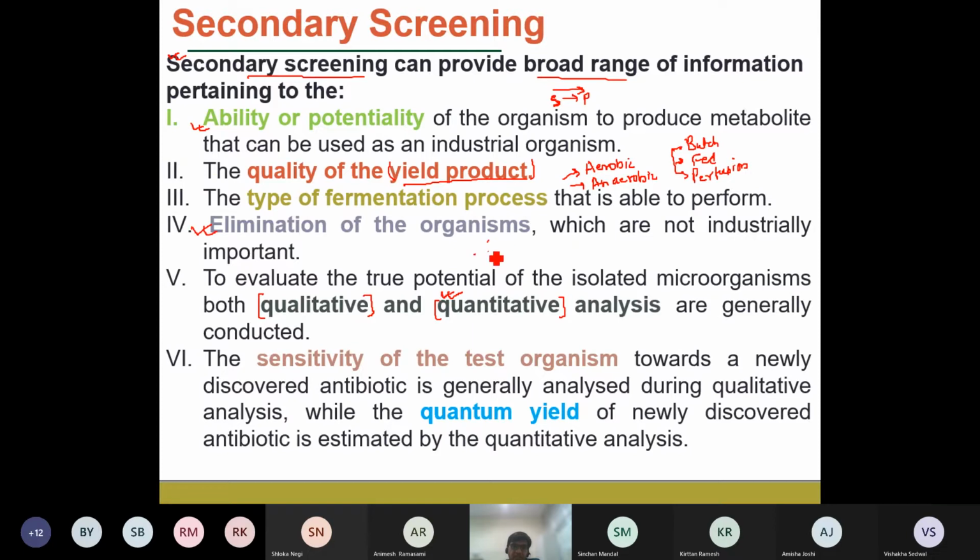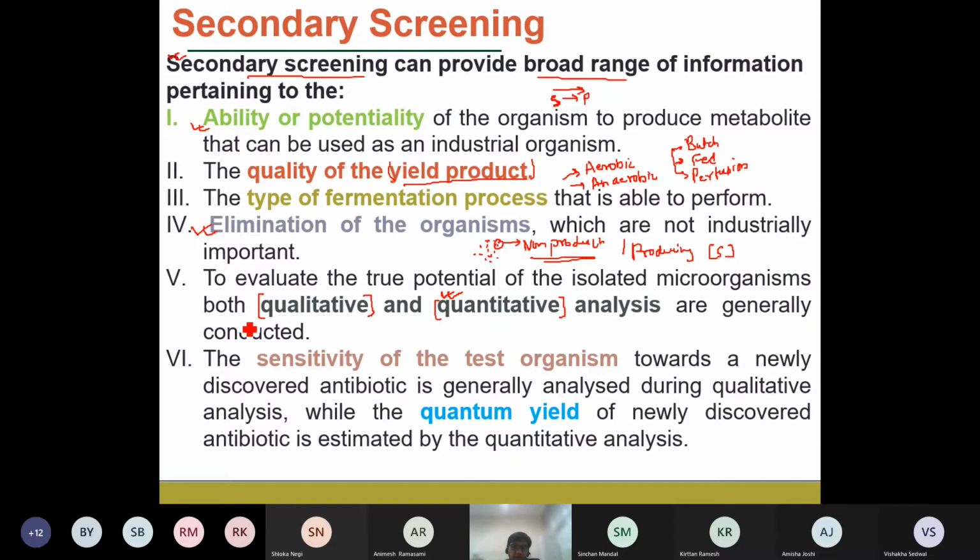So from the mixture of those microorganisms, you need to eliminate some of the non-producing microorganisms. These are not responsible for the production of any particular biochemicals, but they are just produced, and they may interfere with the producing microorganisms. And in what terms will they interfere? They will interfere with the growth media components or the substrate that is present.